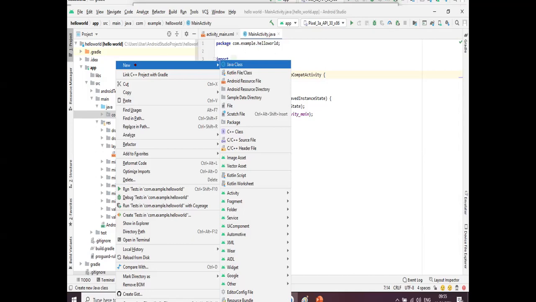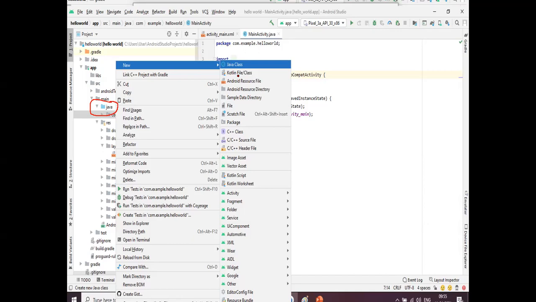Just right click on the Java folder. Now I think you understand where the Java folder exists. Right click on the Java folder, go to New, and then click on New Java Class or Kotlin Class.